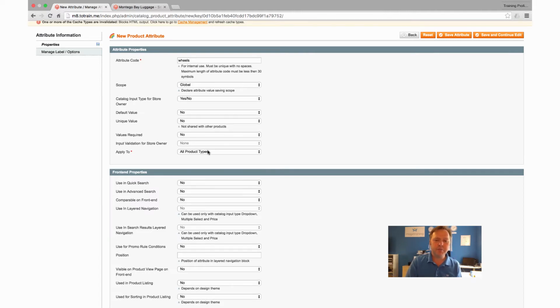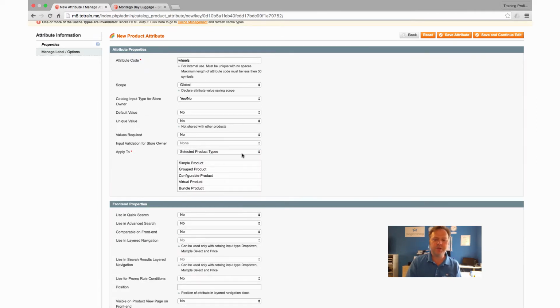Okay, so the apply to, we've got all product types here. If I select selected product types, these are the different product types that are available to us. All right, and we'll go through and explain each of these product types when we're looking at that part of this course. But what it's basically saying is that certain attributes might only be valid for certain product types. So in this case, this might only be valid for a simple product, but it's not so valid for group